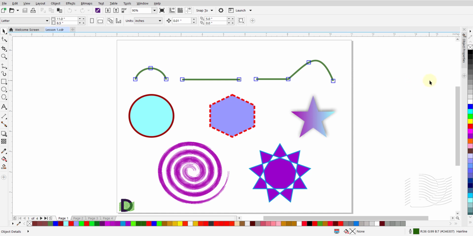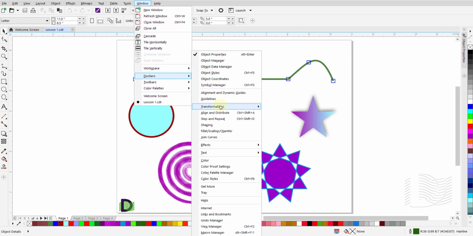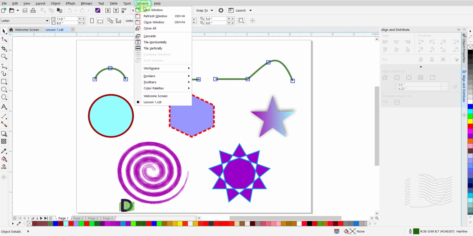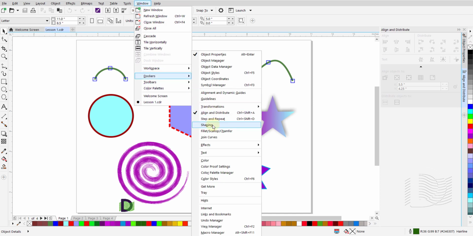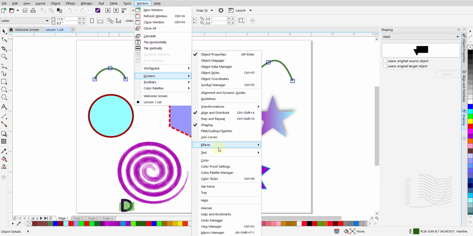Finally, the dockers. Your dockers sit on the right-hand side of your CorelDRAW screen. The CorelDRAW color palettes are displayed here. You can also customize to show the dockers you use the most and wish to have them handy for easy access. To do this, you can access the dockers menu by selecting Window from the menu bar. Then scroll down to Dockers and select the ones you like to have speedy access to. I will go ahead and select the ones I like to have handy. You can follow along and do the same, or select the ones that you prefer.